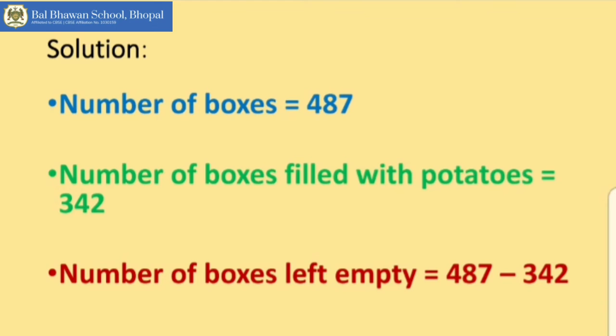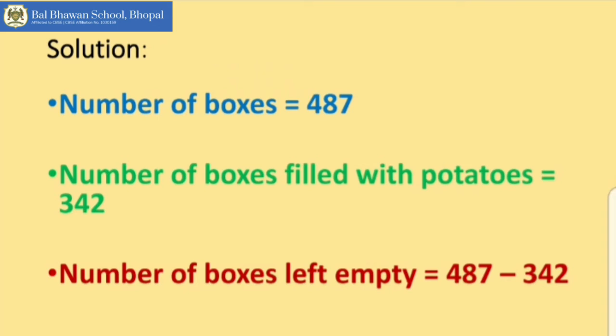Okay, now first step, first we will write statements according to the information which is already given in the question. So first we will write the statements of those values which are already given, and then we will write the statement for what you have to find out. Okay, so first what is given in the question, the total number of boxes on the farm. So it is number of boxes is equal to 487.